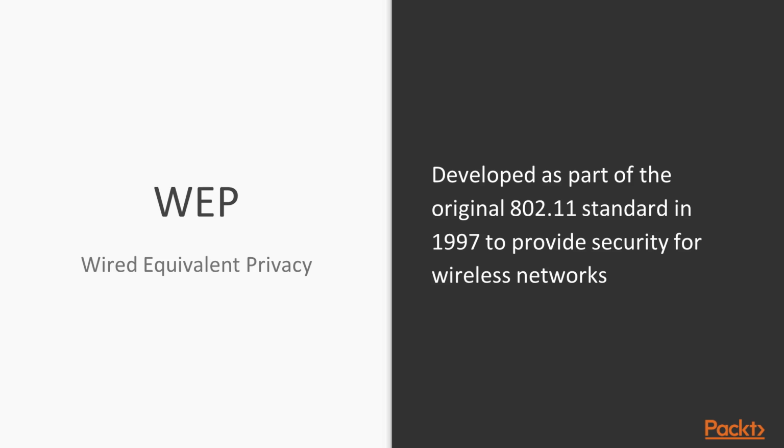What is WEP? Well, WEP is Wired Equivalent Privacy. It was developed as part of the original 802.11 standard way back in 1997. That's 20 years ago. And it was designed to provide security for wireless networks. Now, the name implies that it's as secure as a wired network, but that's just not the case, even back